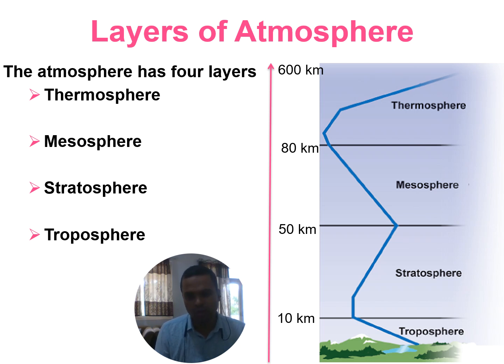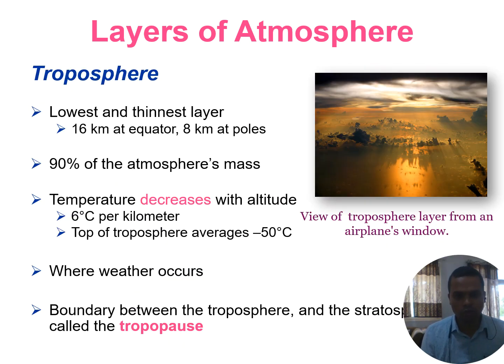we have the thermosphere. We'll be discussing a little bit about all these layers, and we will see how the composition changes, and also the temperature and pressure, within all these particular layers of the atmosphere. First the troposphere, where we live. The thickness of the layer could be 8 kilometers around the poles and 16 kilometers at the equator. On average we say it is 10 kilometers.